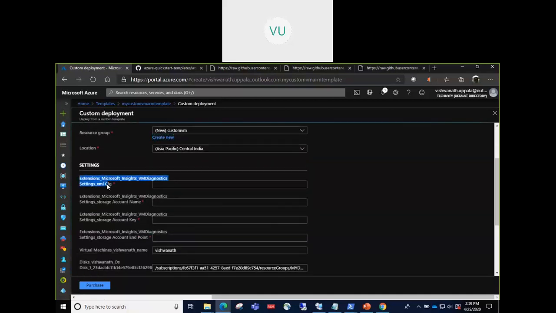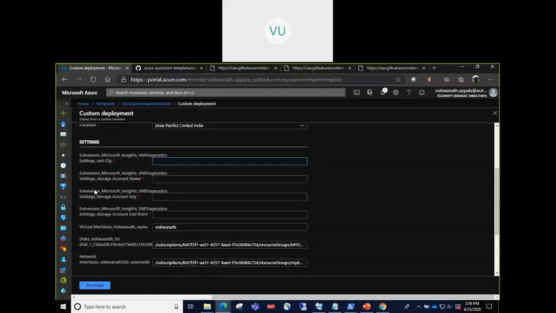These namings are not so user friendly, so you can go and edit these names in the ARM template itself to make it more useful while reading. What it is asking for is extensions Microsoft Insights VM Diagnostics settings underscore XML. So it is not at all clear what it is doing. It is asking for some configuration files.